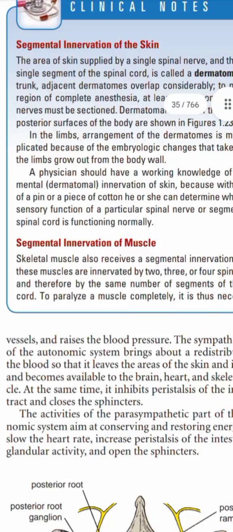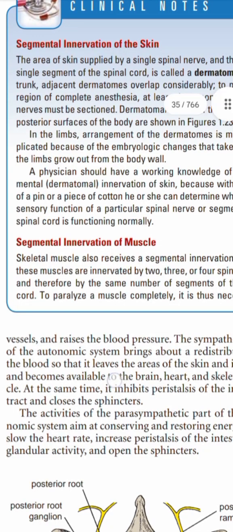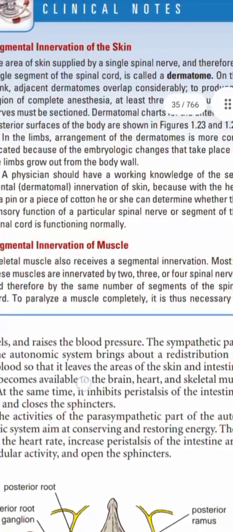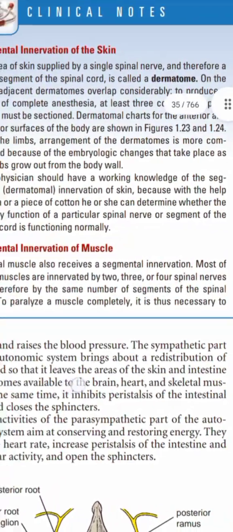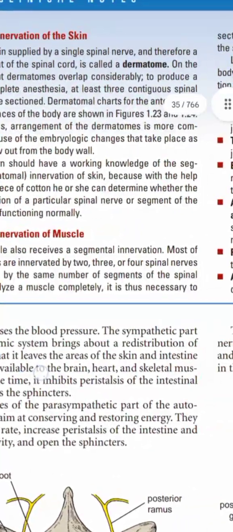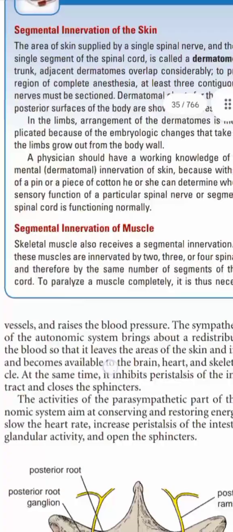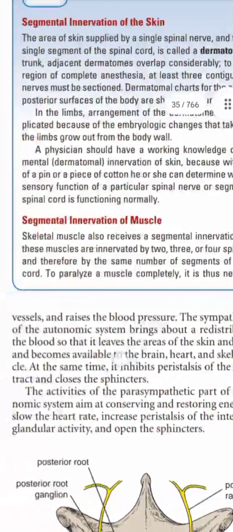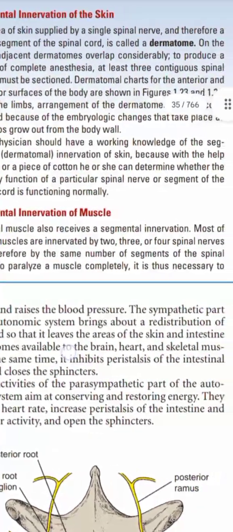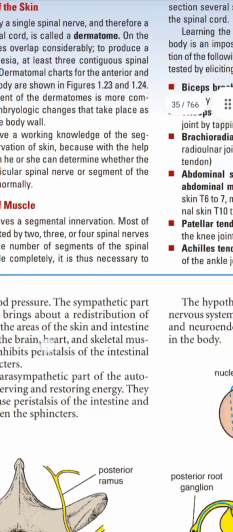Segmental innervation of muscles. Skeletal muscle also receives a segmental innervation. Most of these muscles are innervated by 2, 3, or 4 spinal nerves, and therefore by the same number of segments of the spinal cord. To paralyze a muscle completely, it is thus necessary to